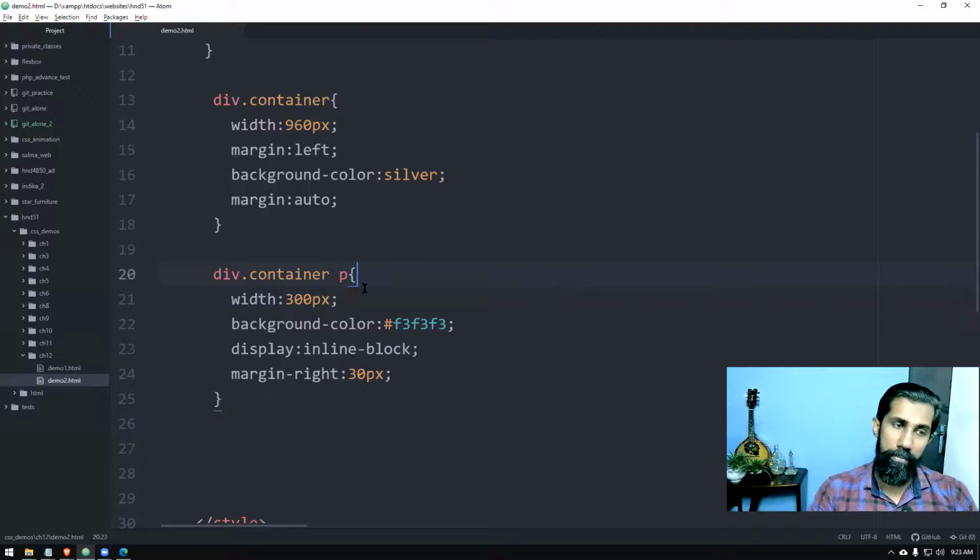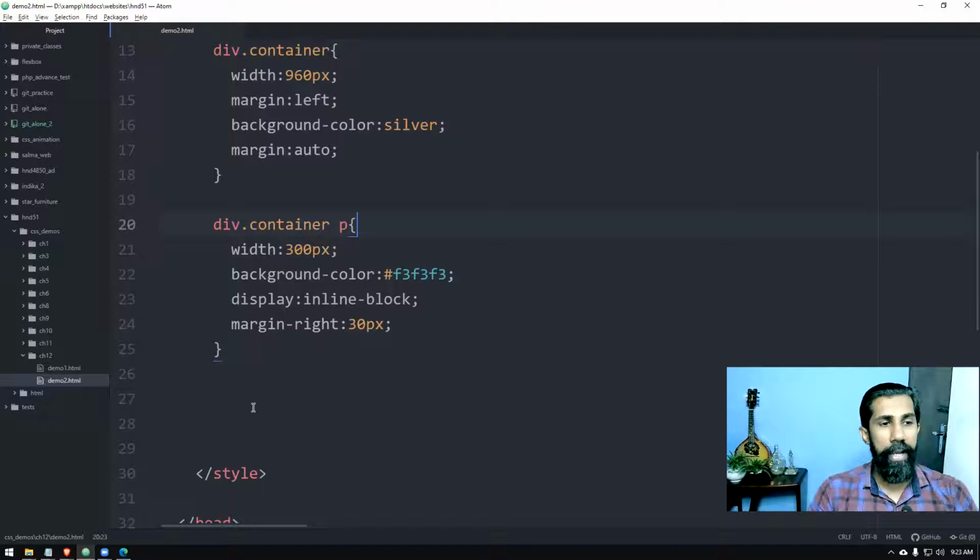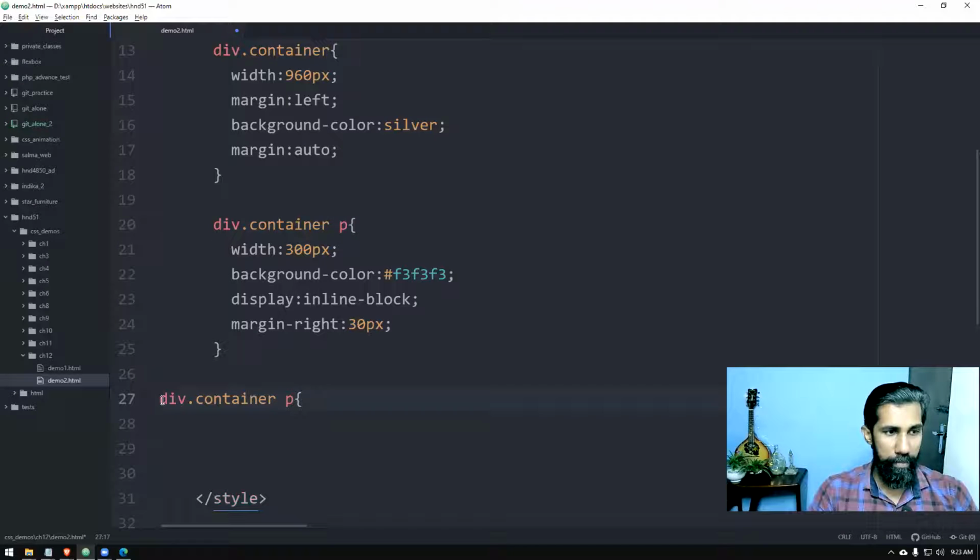What we can do is override this setting. For all the paragraphs we give it like this, then we can put a command like this.